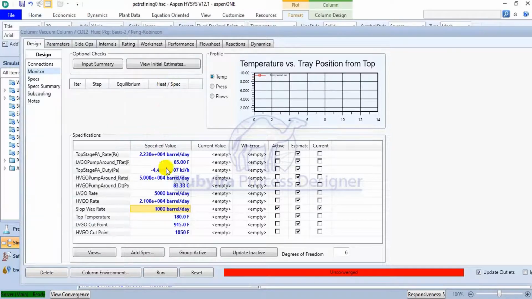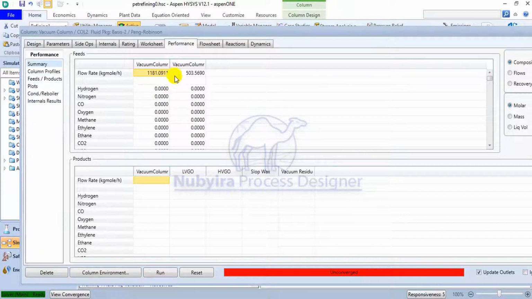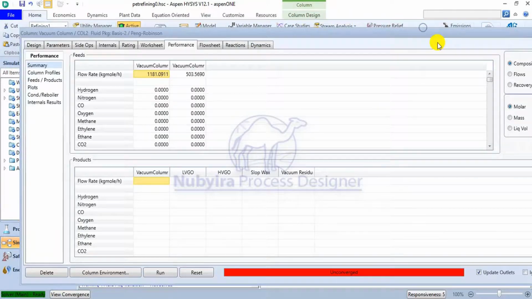Okay, so we have this. I'll try to specify the pump around rate, and this is the process itself, not really the product purity or something. And this temperature is very important, like I said, so I'll try and get to this temperature. I'm specifying the product rate now so that you calculate the material balance. Because if you are specifying the inlet flow, before you can specify the outlet flow, you must make sure that your product flow